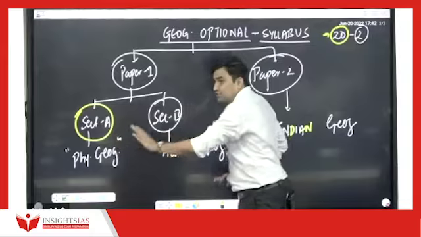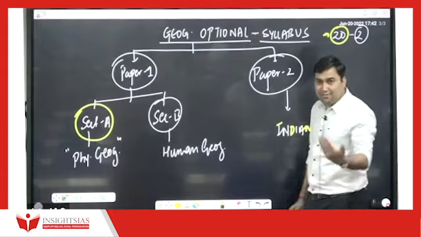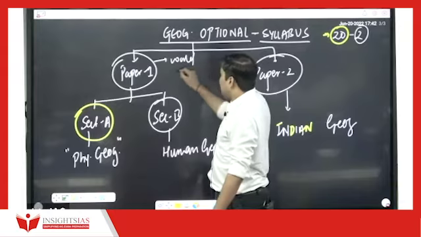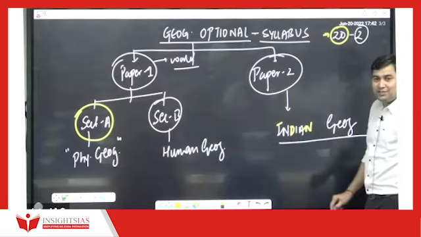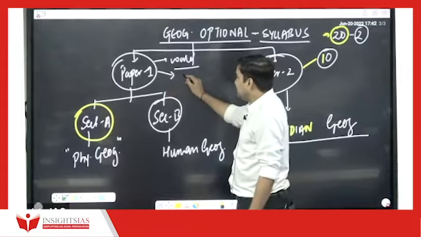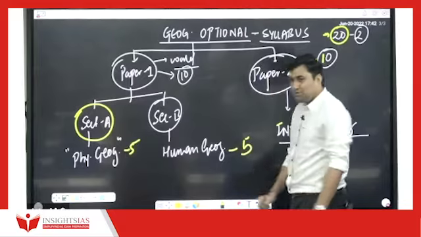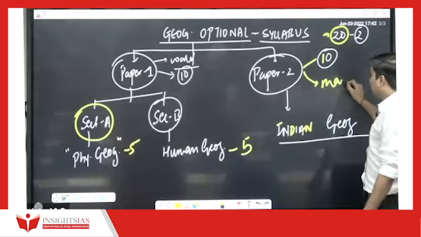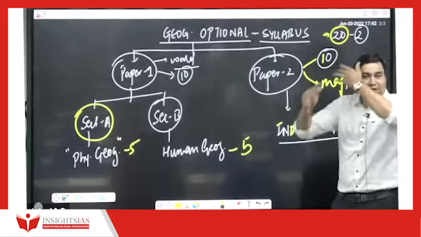Now, we are going to understand the nature of paper 1 and paper 2, the nature of physical geography, human geography and Indian geography. And then only we'll decide further. So paper 1 essentially deals with world geography. And this paper is exclusively focusing upon Indian geography. This paper in total has 10 chapters divided into 5 for physical geography and 5 for human geography. Got the point? In Indian geography, you have an essential component of mapping mentioned in the papers. I hope that we are getting the structure.